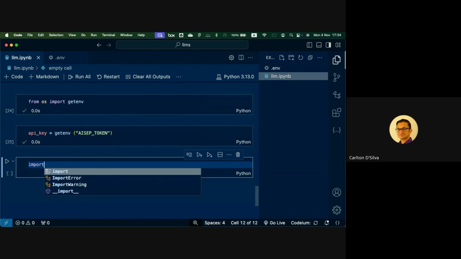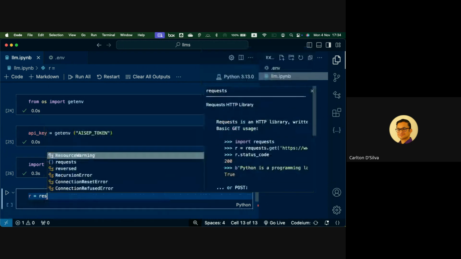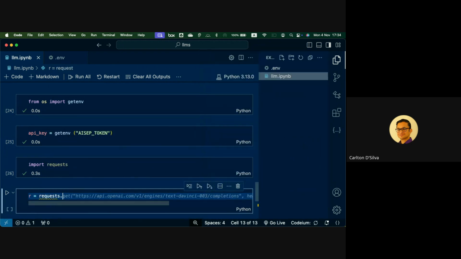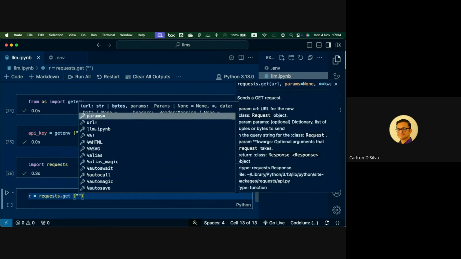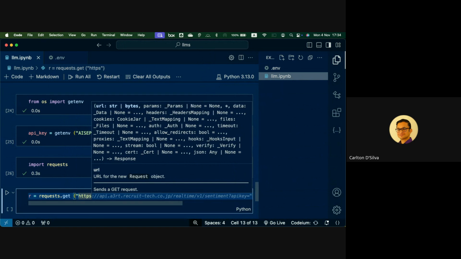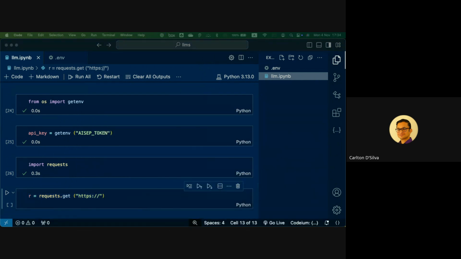We need requests because we're going to make calls to the API, and then we need to make the request itself. So requests. This should be very familiar to you all. Get, and so if we remember, we'll have to look at the API documentation.